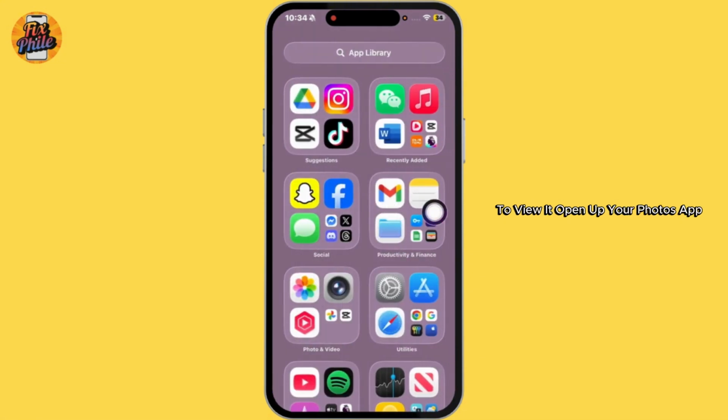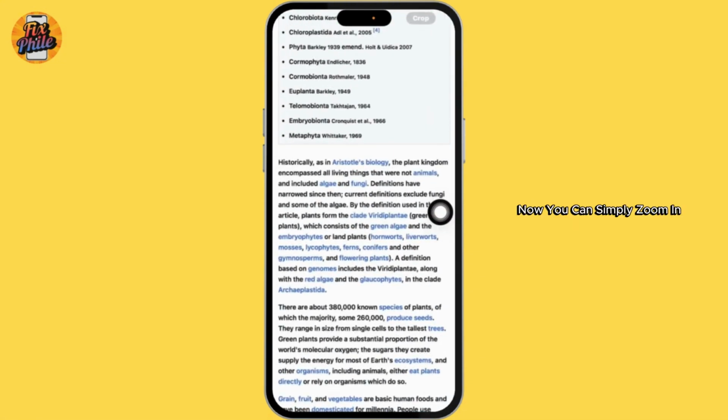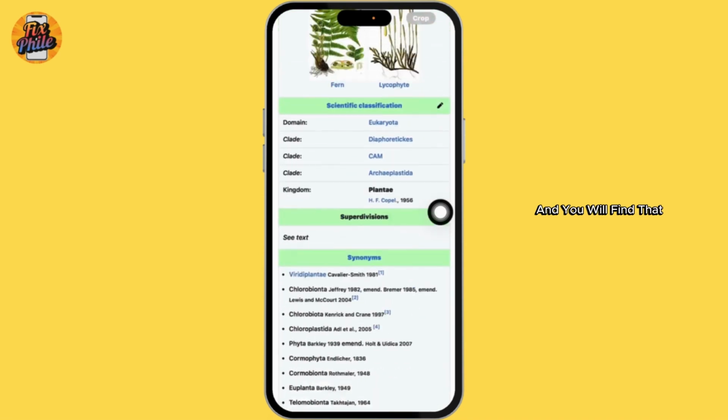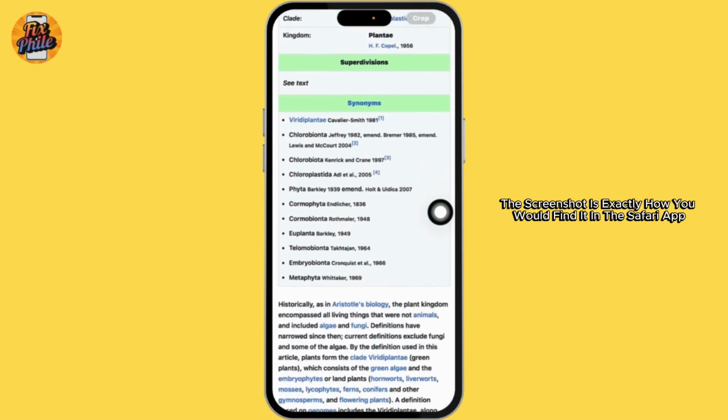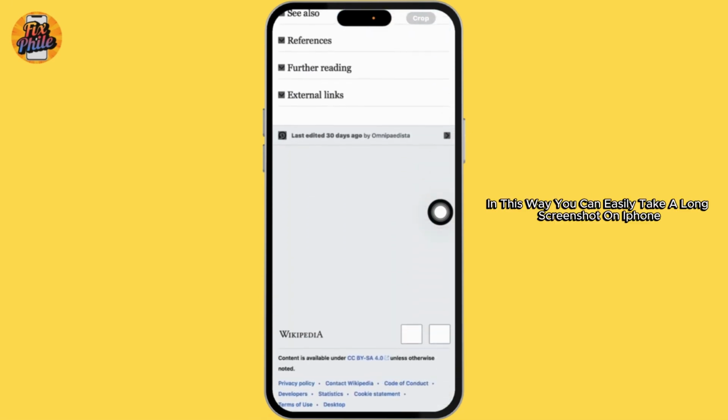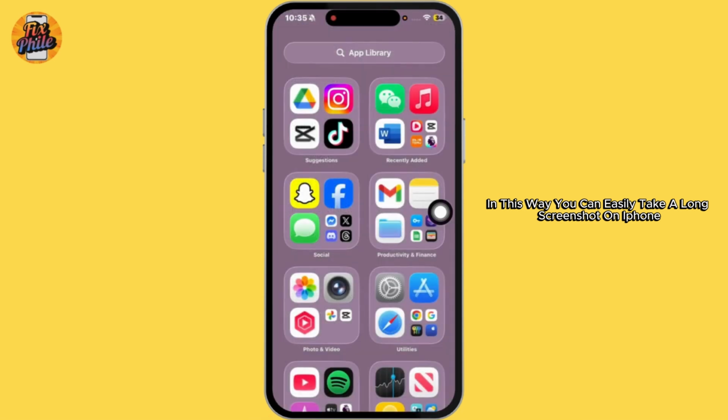To view it, open up your Photos app. Now you can simply zoom in and you will find that the screenshot is exactly how you would find it in the Safari app. In this way, you can easily take a long screenshot on iPhone, and that's all for